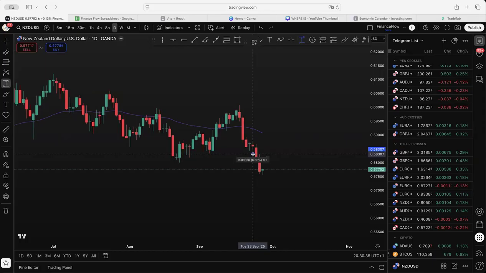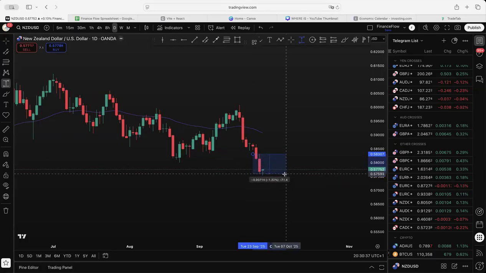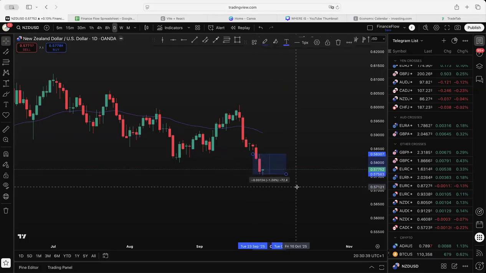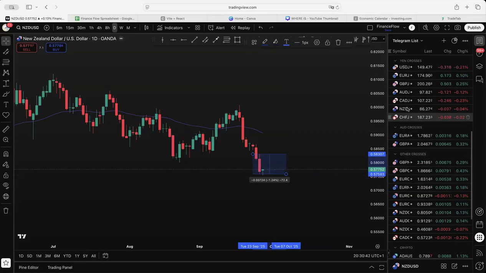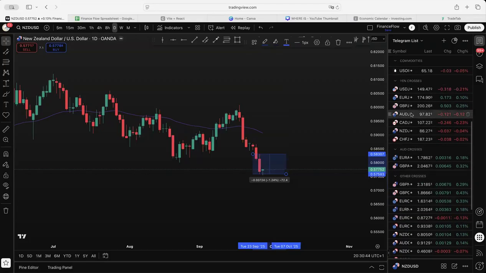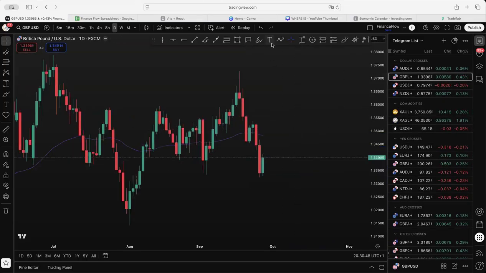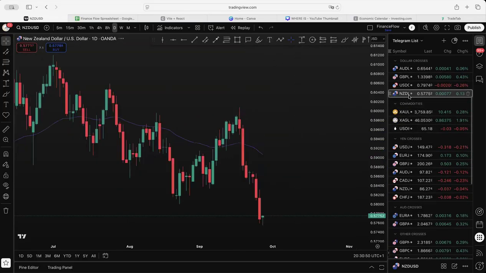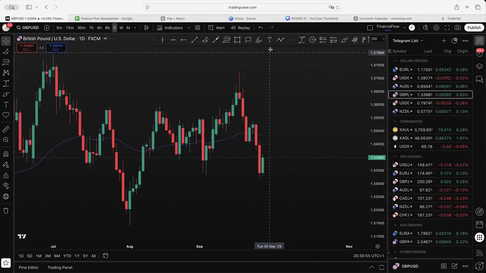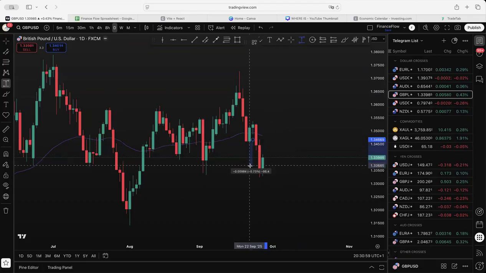All right, so if we look at Friday, it was not too bad. So 70 pips on, say, NZD USD, but then if we were to look at, say, GBP, did I put NZD there? Sorry, for Thursday. And then if we were to look at GBP on Thursday, you will see it's going to be a lot more,